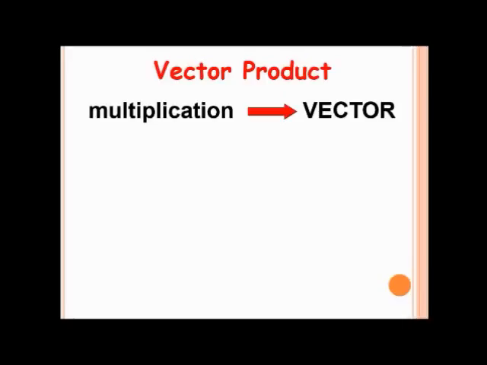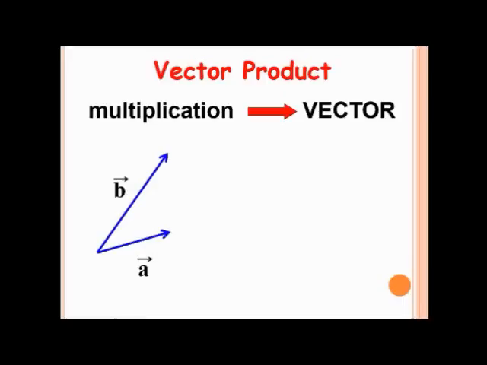So first we'll start with the vector product. What does it mean? It's just the multiplication of vectors. Now A and B are vectors. So let me tell you what a vector is. You have already studied in physics and maths in higher secondary classes that they have magnitude and they have direction. So that is what we call a vector. If they have only magnitude, then they are called a scalar. As they have both magnitude and direction, they are known as vectors.